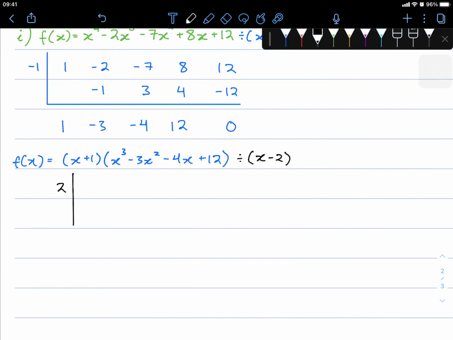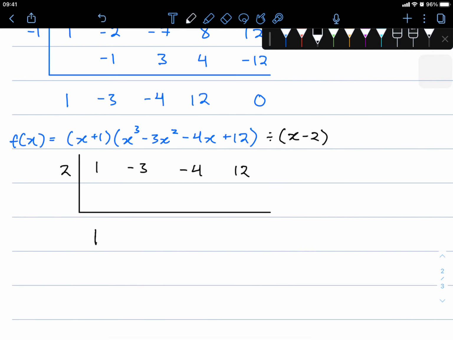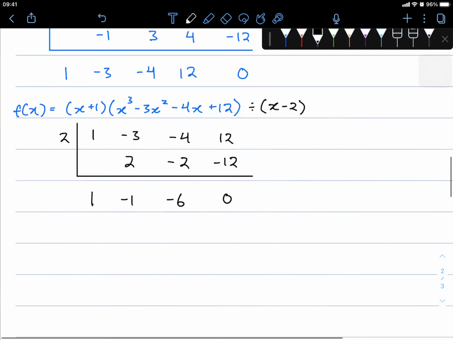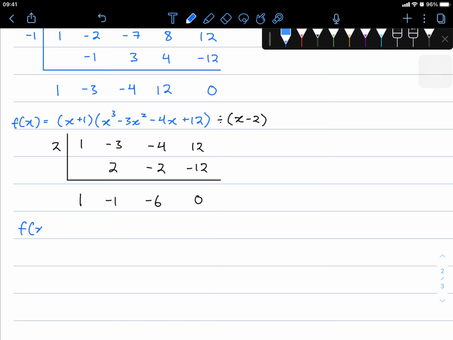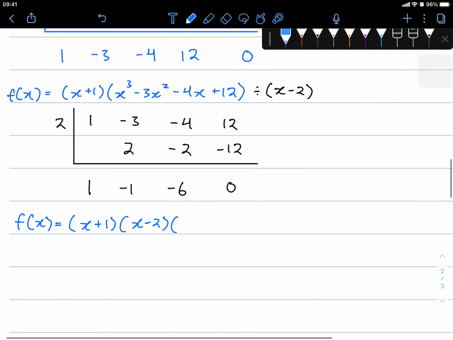So 2, taking the coefficients starting from here, so 1, negative 3, negative 4, and 12, ignoring the first, multiplying, adding, multiplying, adding, multiplying, adding. So f of x can be further factorized into x plus 1, x minus 2, and since this started on 3,